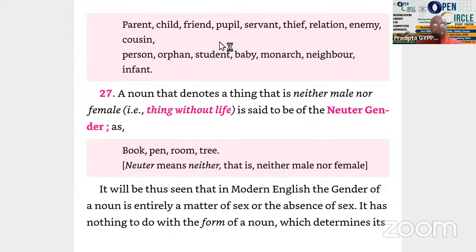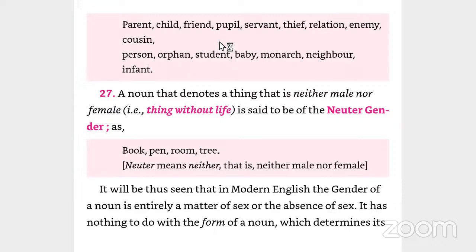Yes, what is the doubt? Sir, can't we identify the gender of fruits or vegetables? No. For the purpose of eating, no. But yes, for the purpose of botany, you can. In botany, you will consider the flower and you will not add she to that. You will add it as a pronoun. For example, it is a female flower. It is a male flower. Because flower as such is neuter.